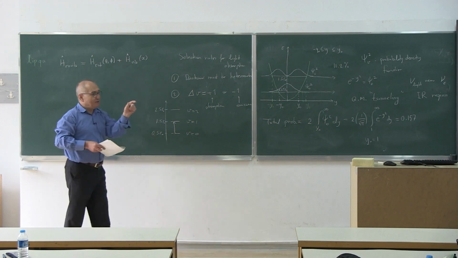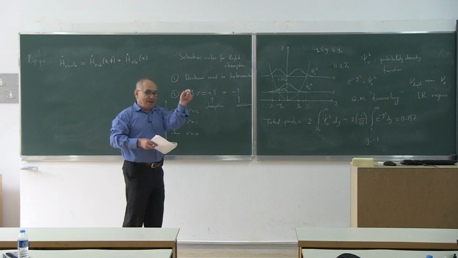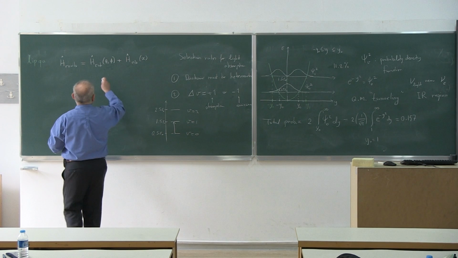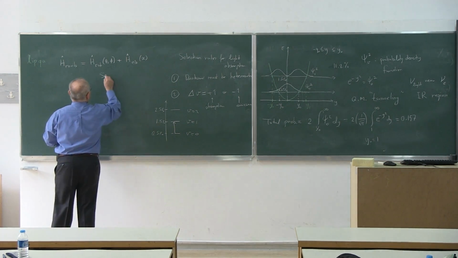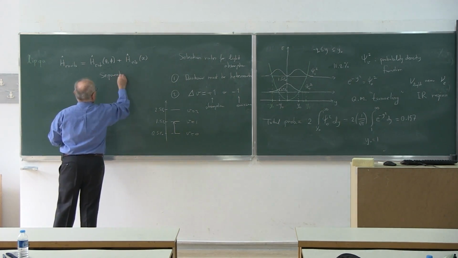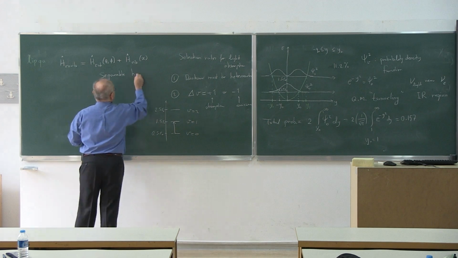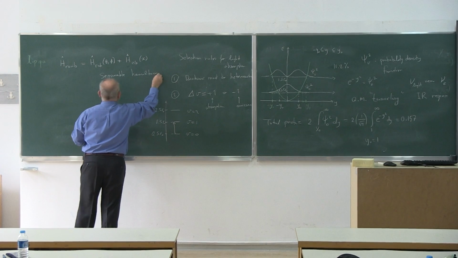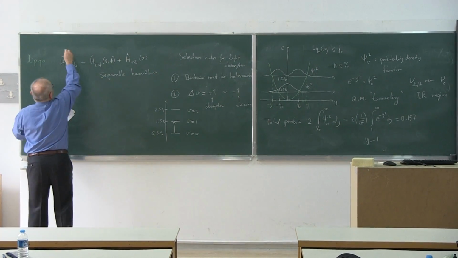So whenever you have a sum of terms in the Hamiltonian expression with this property, you say directly the variables are separable. Separability means the solution of this problem